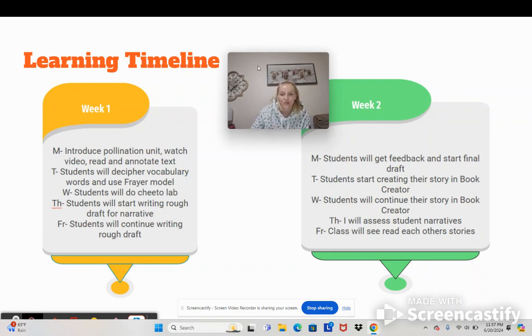Thursday, I will assess student narratives with the rubric that I created. And then Friday, class will see and read each other's stories. I'll put it up on the board so we can look at everybody's story in Book Creator and see how everybody expressed themselves. And that will be a fun part of the day. And so how students can see